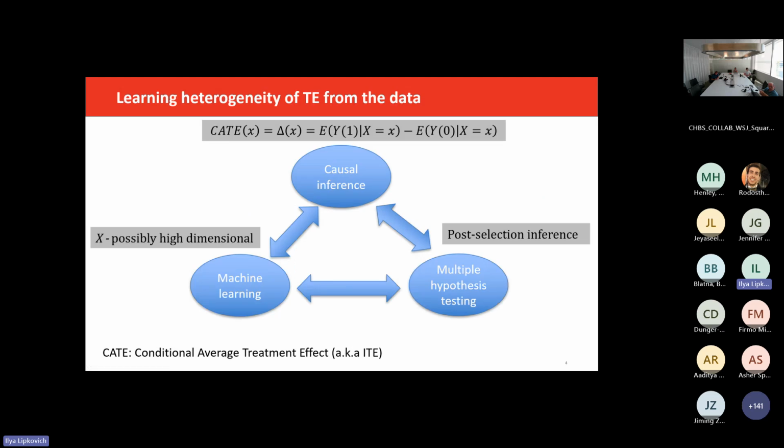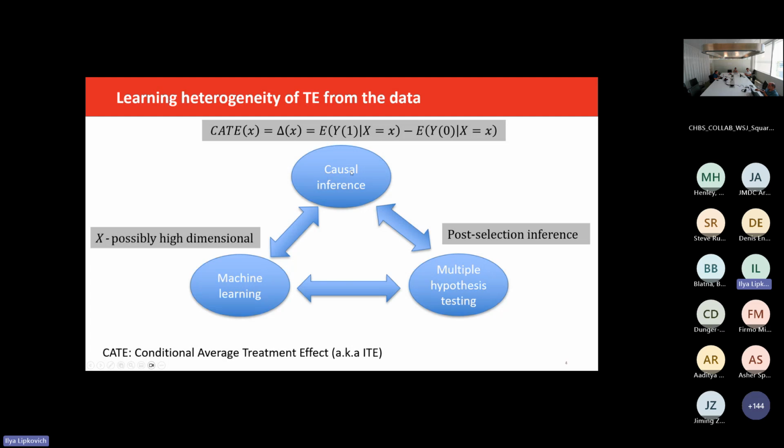I want to stress the complexity of estimating heterogeneous treatment effects, as this is an intersection of three different activities. One is causal inference. And why is it causal inference? Because, say, for the continuous outcome y, we introduce two potential outcomes, Y1 and Y0, if the same patient is treated with two different treatments, and you want to see the treatment contrast given the patient's covariates. That is obviously a causal inference problem, and I'll introduce it more formally on the next slide.